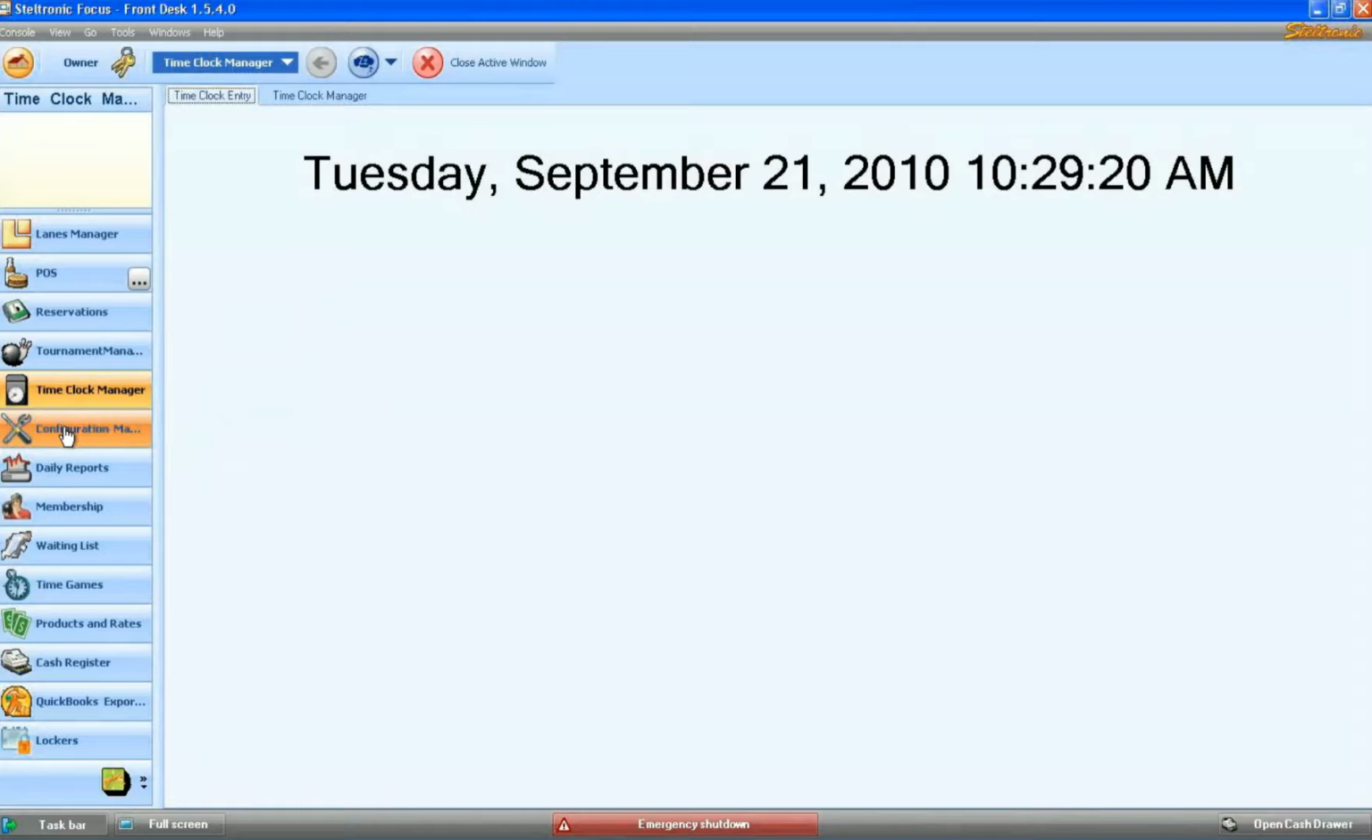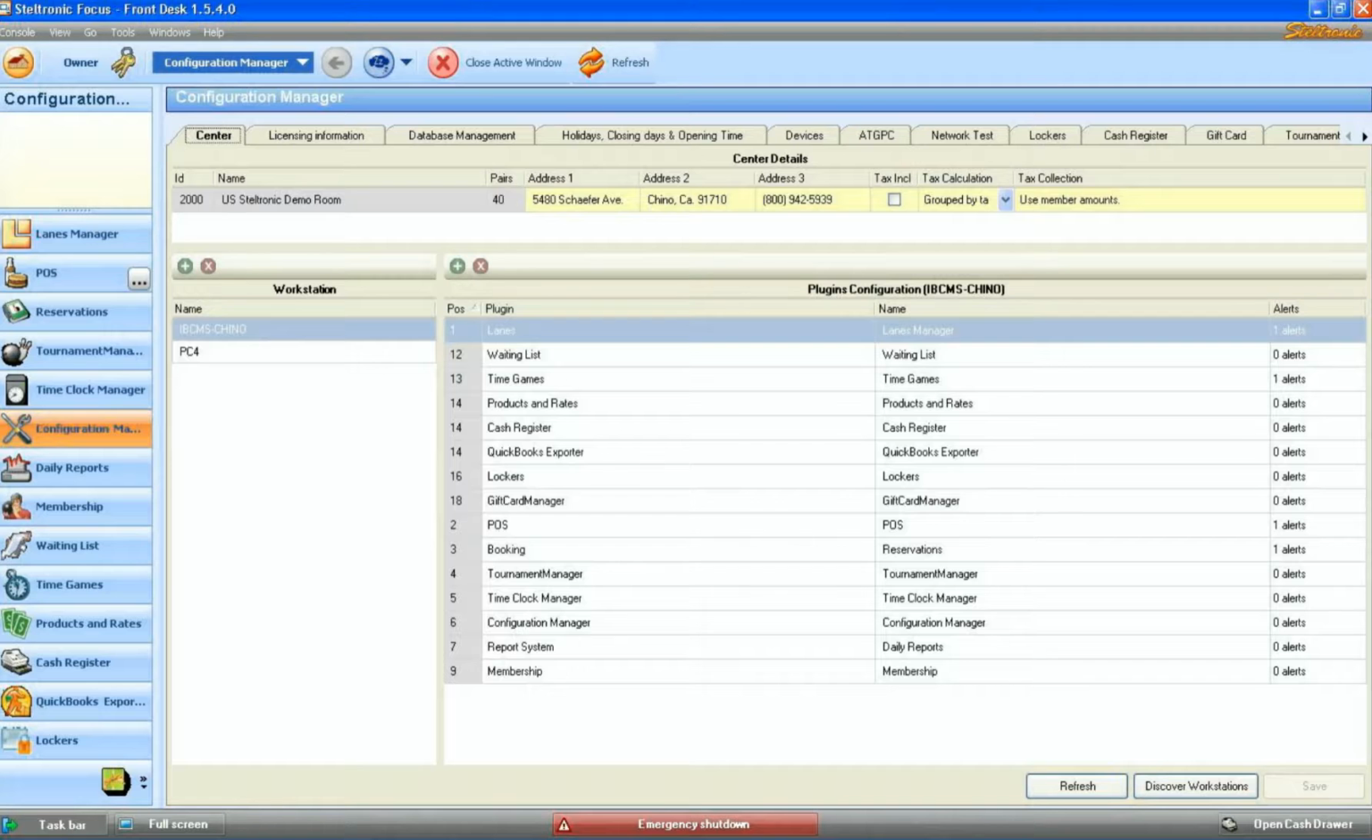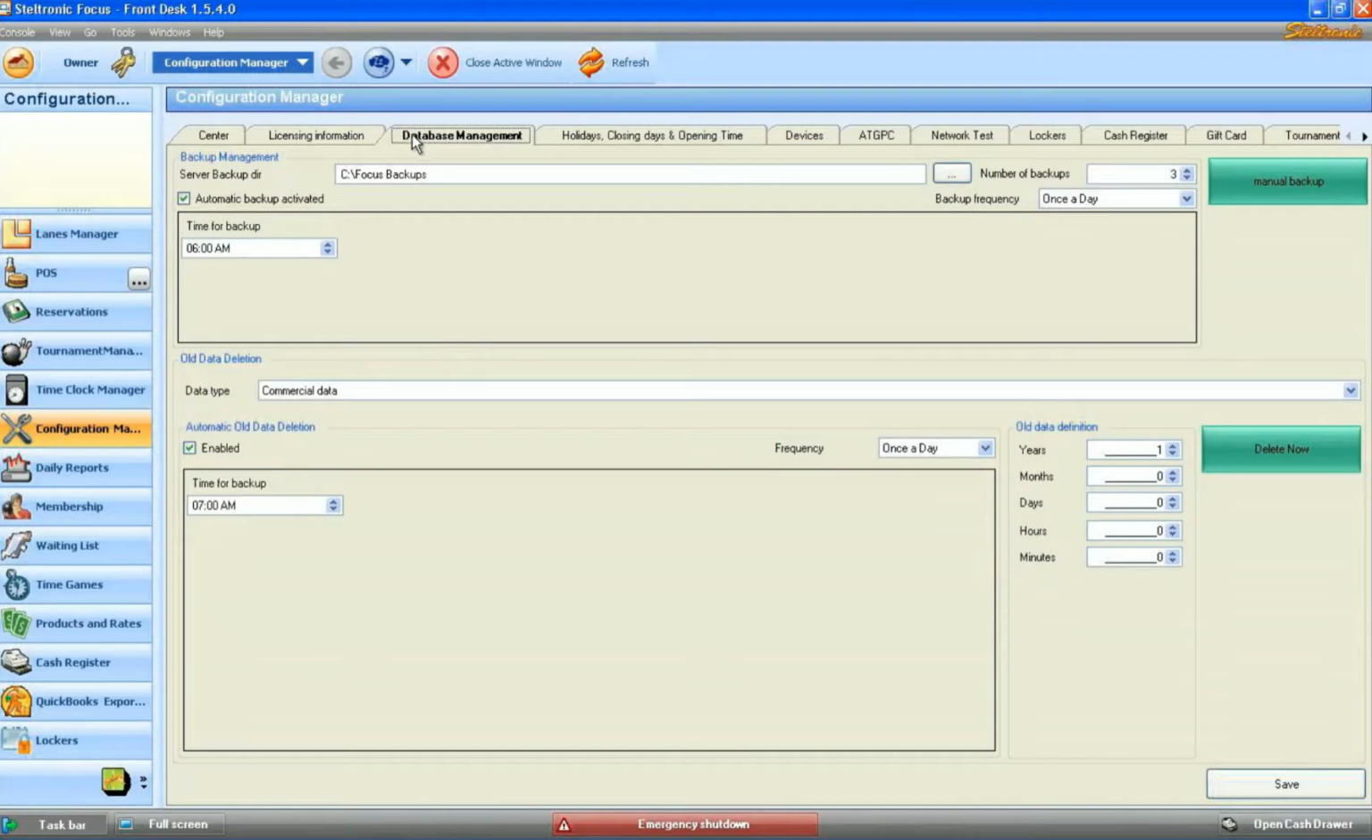The configuration button here, plug-in, is for configuring your whole entire center. So this center tab is where we modify all of the different terminals in the building. We can change the address, how we're going to collect tax, how the tax is calculated. We can look here at our database and we can make sure that we're backing up all of our databases. We're collecting 3